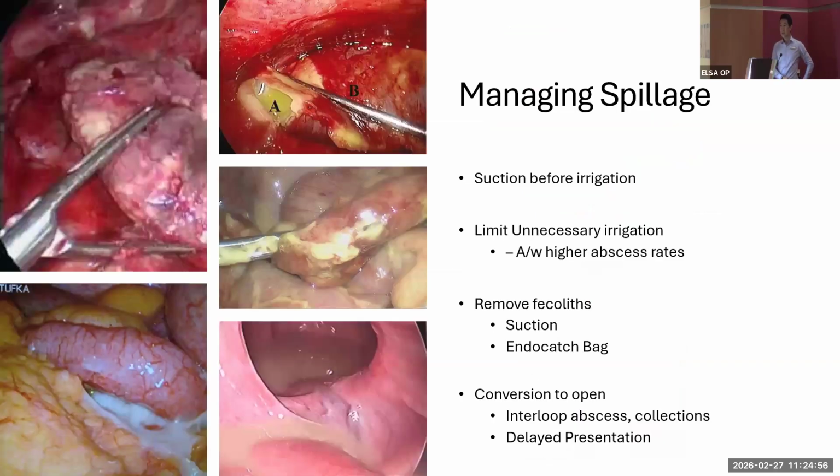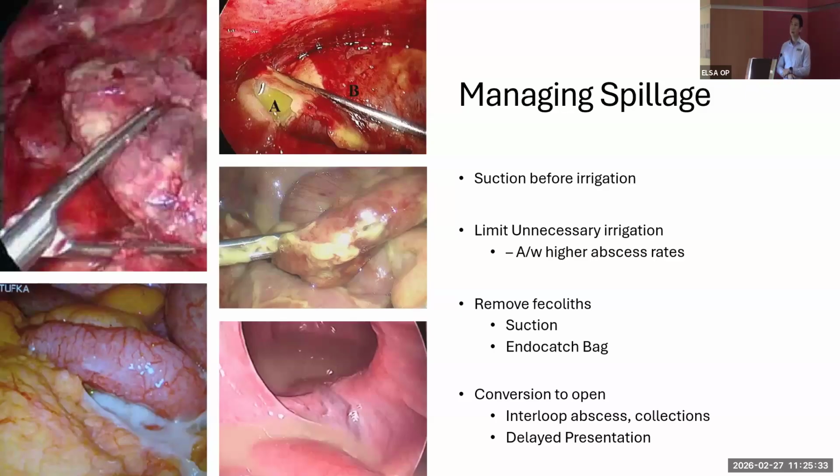So how do we manage spillage? I'm sure you get situations where it just looks very messy like this. One thing that I do is perform suction before any irrigation, because when we irrigate, we lose control and things spill everywhere. The patient in this situation is usually in a head down, right side up position, and all the liquid, pus and fluid that you're flushing is going to go to the left hypochondrium, which you're not going to look at during this operation. So try and suck everything dry first